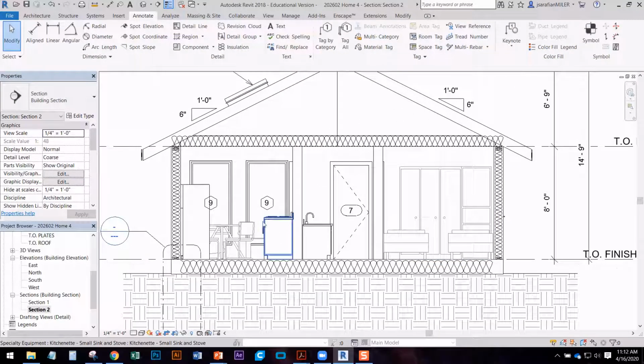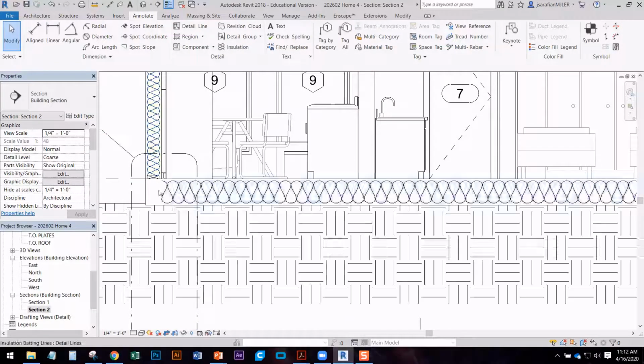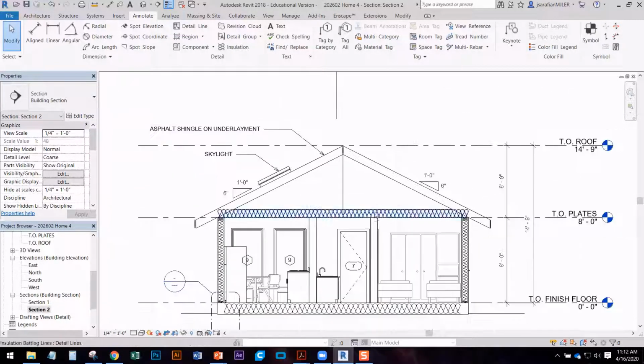All right, and once again, I'm omitting the foundation, but we would have a stem wall here as well. All right,